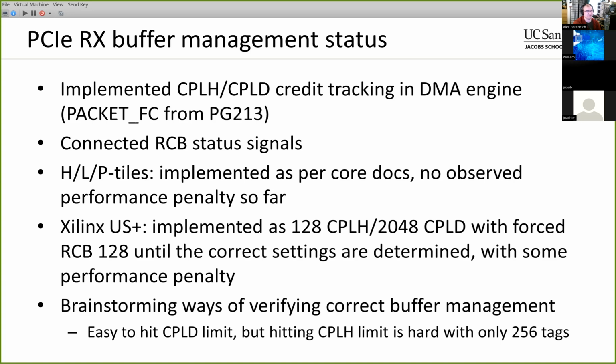So if you take something like the Intel Stratix 10 core with 770 header credits, well, if I issue 256 small reads, that only uses 256 tags. If you issue 256 larger reads, well, then you're dealing with how the root complex is going to split all the requests. It's probably going to split them with much larger than 64 byte TLPs. So you're not going to use, I mean, you potentially will use more, but you're not going to use all 770. So I've been trying to figure out how we are going to either get control over the root complex and get it to split stuff on a smaller granularity, or